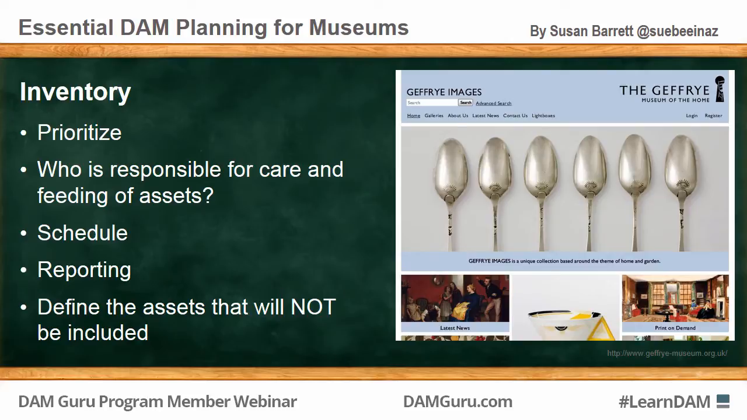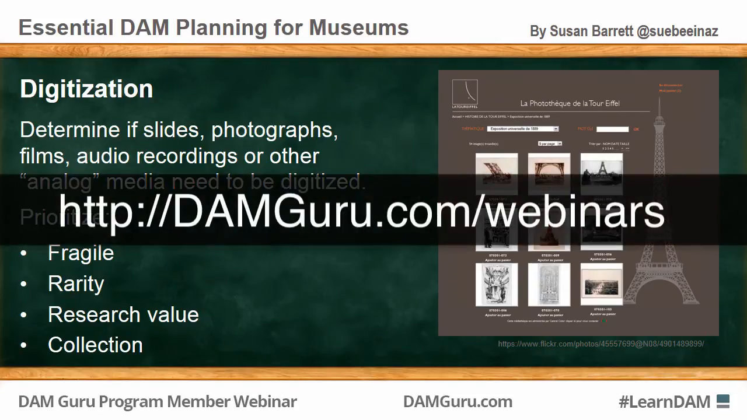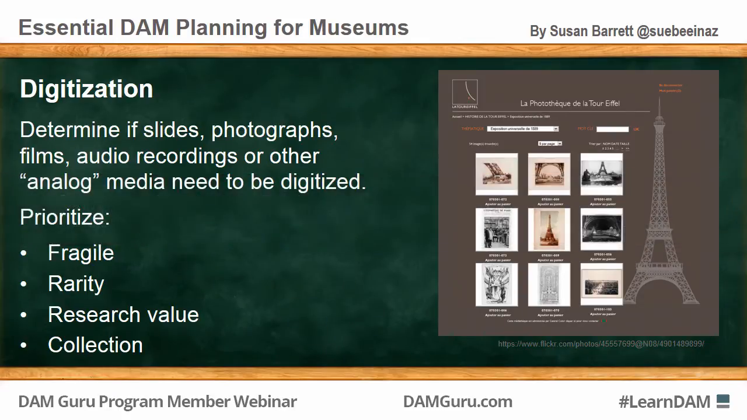So the tangible collection should also be prioritized for digitization: audio, still, moving images. So determine if slides, photographs, films, or audio recordings or other analog media need to be digitized. Digitization is a whole presentation by itself, so I'm providing resources that will be available on the website. Determining what you want to digitize also affects your plan or your timeline for overall digital asset management, and you may want to prioritize by the fragility or rarity of tangible items, frequently requested research materials,